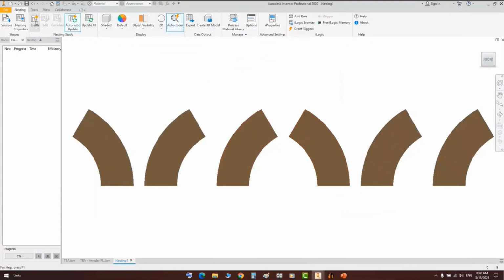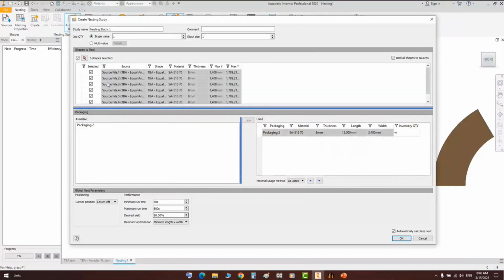Now from here, if you click on create, you will find some options for nesting, like if you would like to make the start alignment from the lower point and left, or lower point and right, upper point left or upper point right. Let's select lower point left, and from here the alignment of blade,